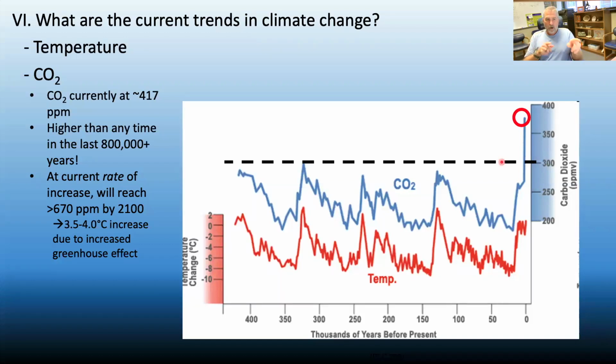Well, I want you to recall as you're looking at this graphic that the difference between our average temperature of about 59 degrees Fahrenheit, 15 degrees Celsius, and a deep ice age is only about 5 degrees Celsius. That's the magnitude of change that results from just 4 to 5 degrees of change in that average temperature. So if we're talking about 3 to 4 degrees change the other direction, what's that going to look like?